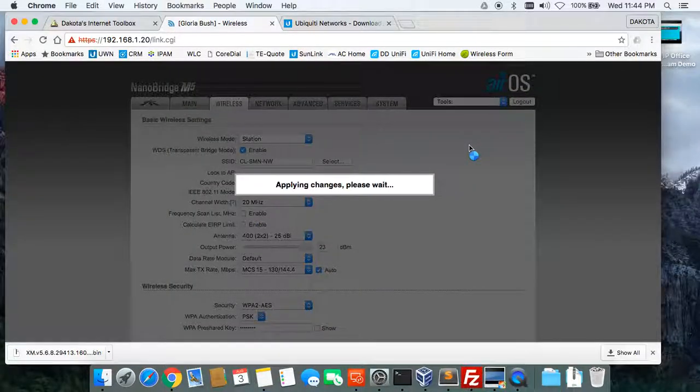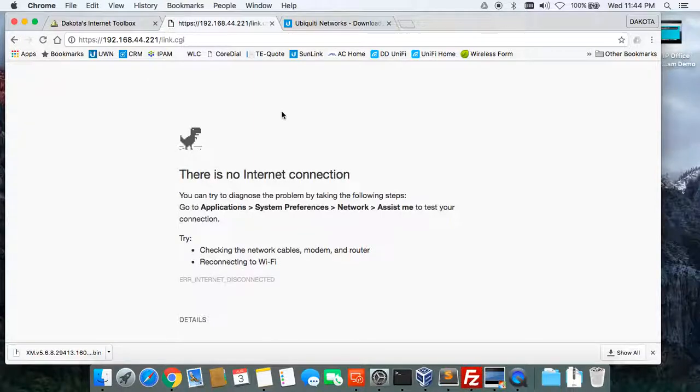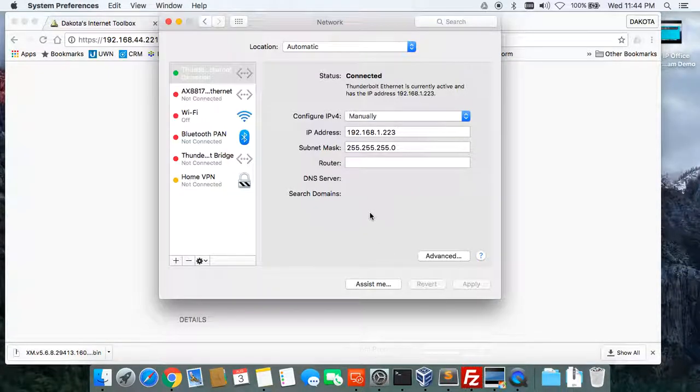Now it normally takes a minute or two for it to boot back up and load its new configuration. You should have taken a note of what IP address we changed it to in the network setting. Since it's going onto a management subnet, we need to go ahead and put the IP address of our computer onto that same subnet so that we can verify that it got a connection and that it's connected to the tower. So I'm going to jump back to my network settings for a second, and I know that subnet because it's a 44, so